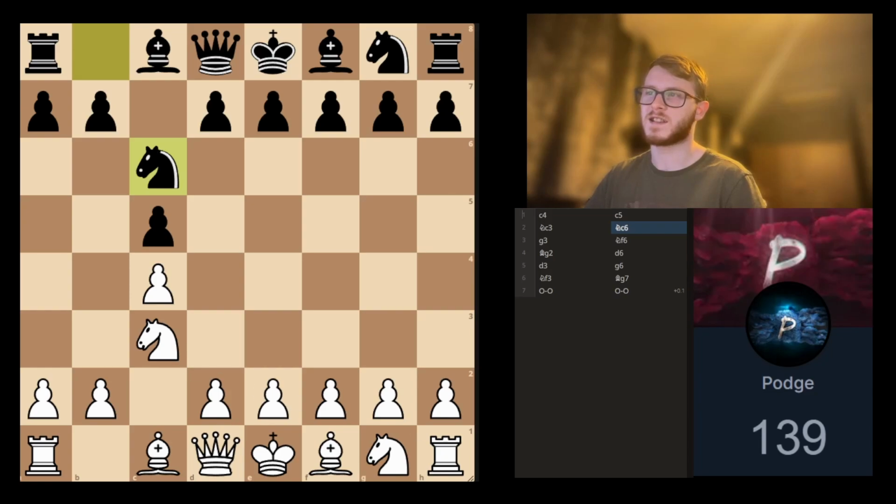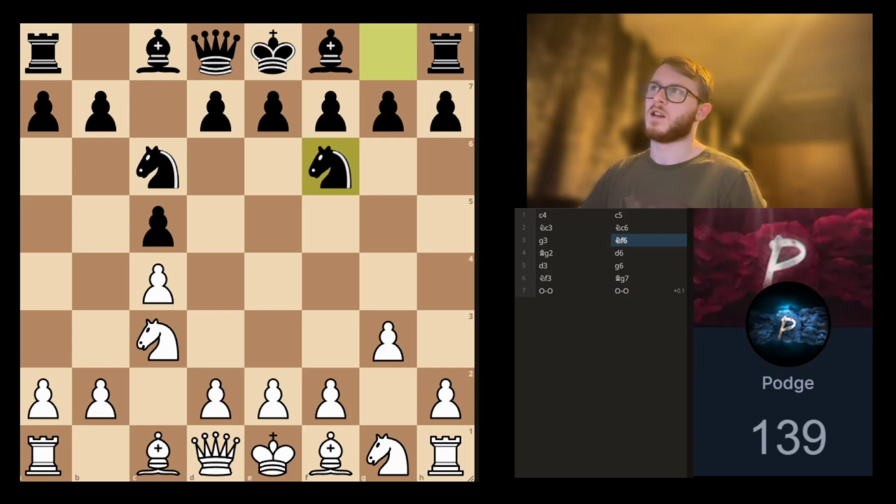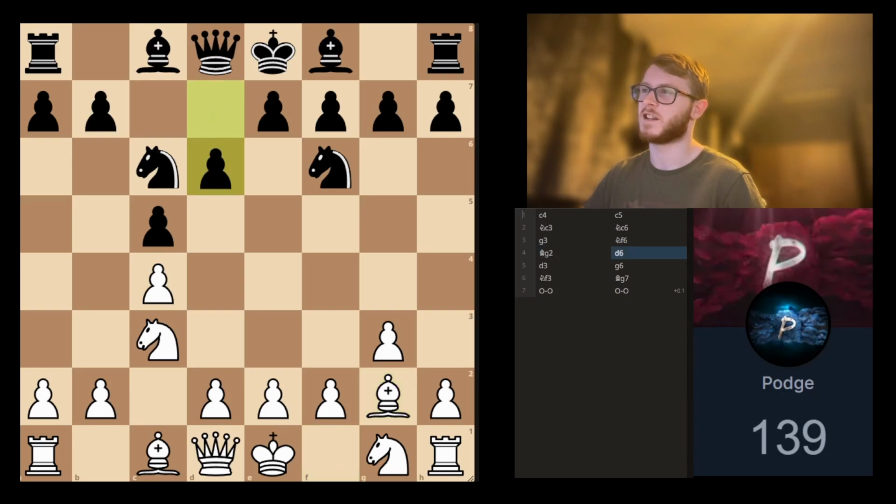They bring out both knights, knight c3, knight c6. Then we get g3, trying to fianchetto the bishop. The opponent brings out the f3 knight, the f6 knight. We fianchetto the bishop on the king's side, getting ready to bring out our other knight after